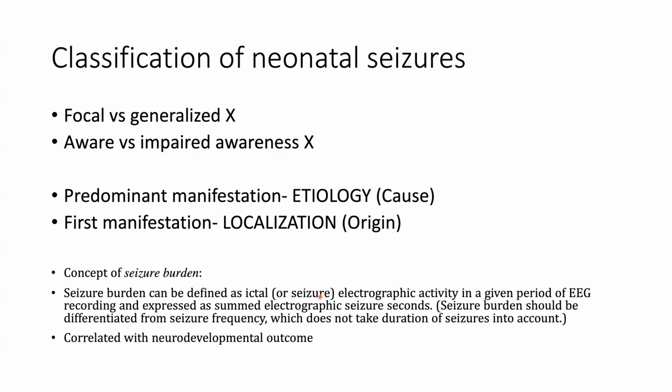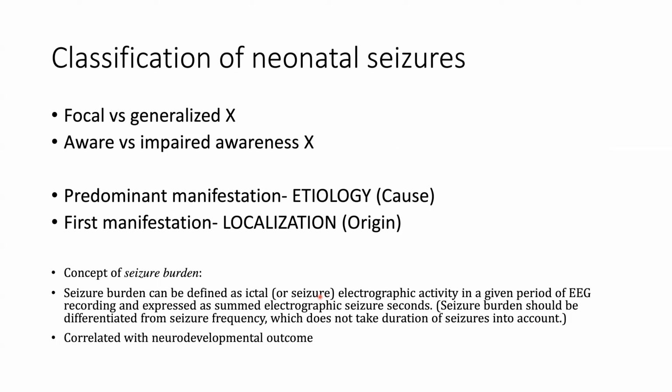So how do you classify neonatal seizures? So let's move into classification from the causes of neonatal seizures. In adults or in older children, we generally classify seizures as focal and generalized, but that is not possible in the neonate. Most seizures in neonate are focal in onset because of the poor myelination, right? So it is also very difficult to assess a child's awareness. Hence, we do not have this subclassification as aware versus impaired awareness. So the two basic heads under which we classify seizures in other age groups are not valid for neonates, right?